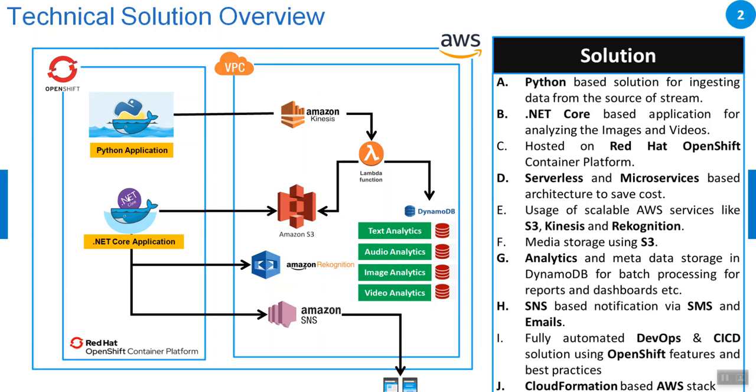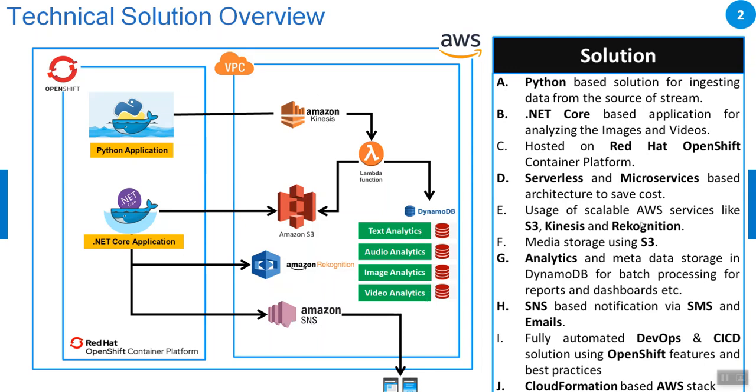We have this .NET Core application which can perform later analysis. For example, you want to find objects within the picture, or you want to do an analysis later on items stored in Amazon S3 or online anywhere, and combine the power of Amazon Rekognition and other AWS services to perform